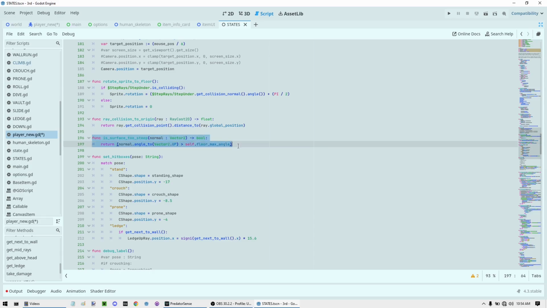This is the smallest function that I have right now for that. It's called is surface too steep. Put the normal in its vector 2 inside the parameters, and then it's going to return a boolean, true or false. So it's going to return the normal, which you set here, dot angle to vector up, and it's going to return if it's greater than self dot floor dot max angle, which is a property of the